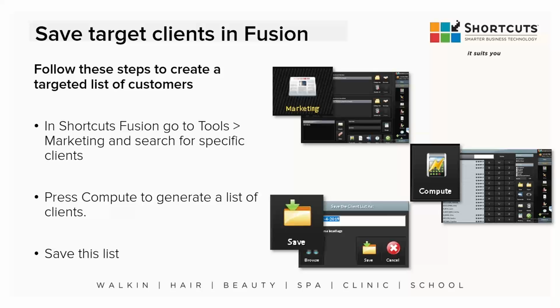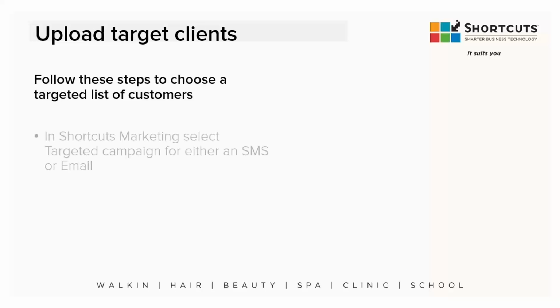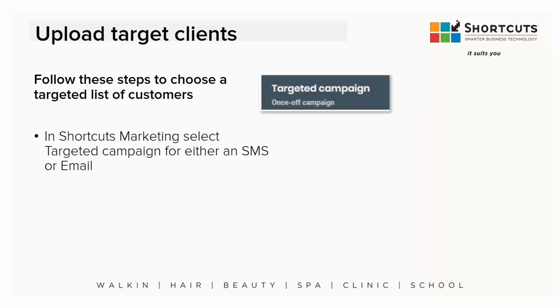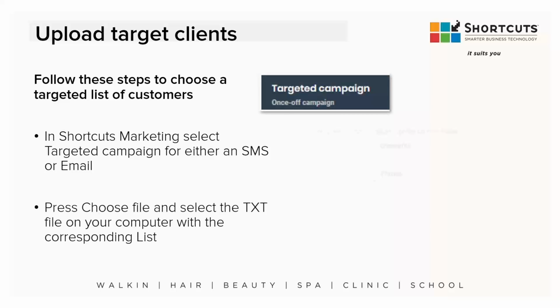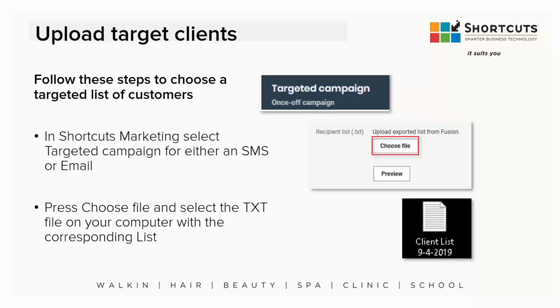You'll have the ability to save and generate that list, and then you can upload that list into Shortcuts Marketing on the cloud. Whichever filter you apply, and we will do a live demonstration in just a moment, we'll go through some of the options. Once you save that list in Shortcuts Marketing in the cloud,